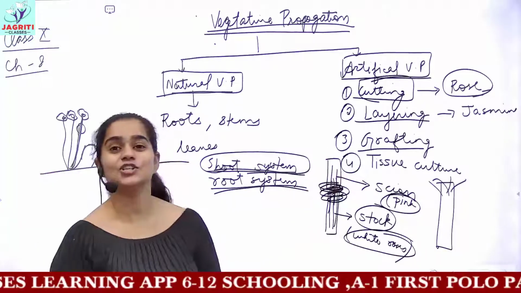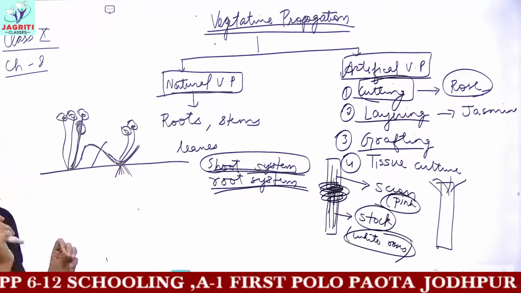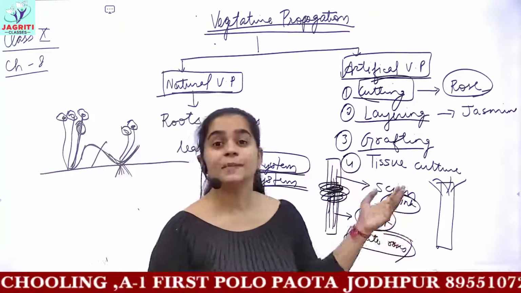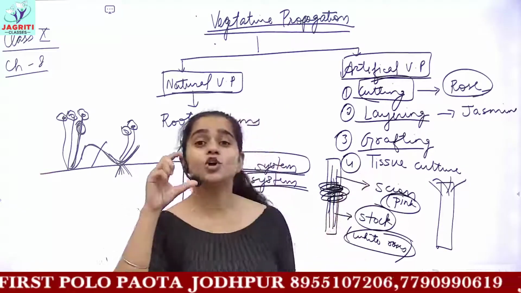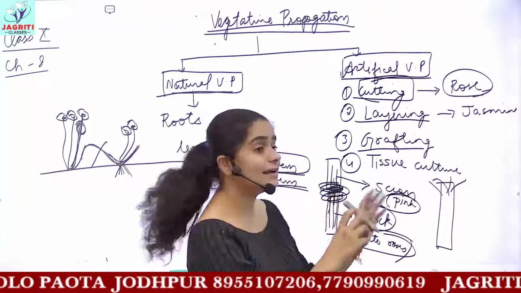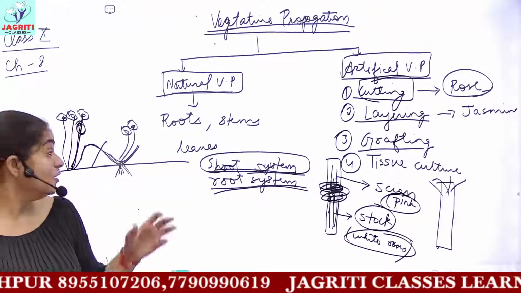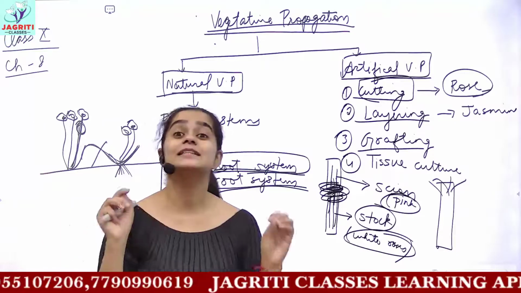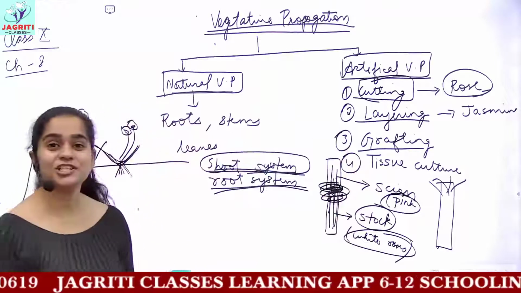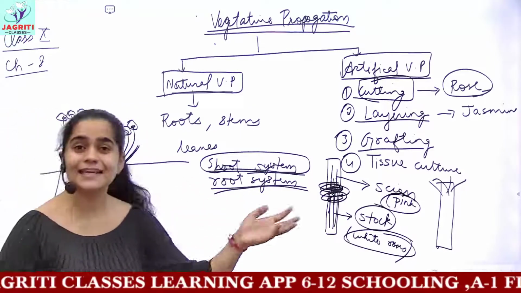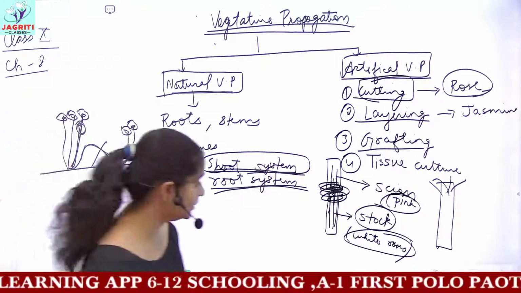This technique is called tissue culture, that is culturing or growing the tissues taken from any part of the plant in the laboratories, and after some days, whenever new short plantlets grow out, these plantlets are planted in the external environment. So this tissue culture method is also responsible for growing a large number of plants in a very short time. So these are some of the methods of vegetative propagation which I told you I would be discussing in the next class. So this is the summary, and now we have completed vegetative propagation.